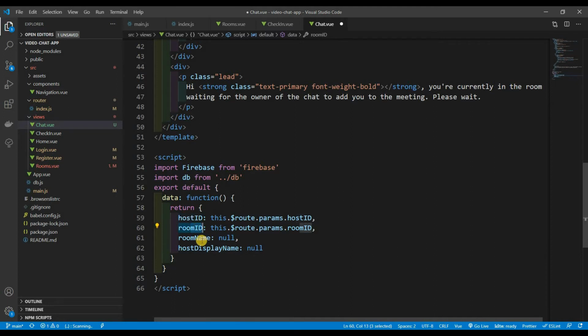The host ID, the room name, and the host display name. This is what we're trying to grab, the room name and host display name. So obviously, assuming that, where's this data at? Assuming that we already have users logged in, we are going to grab the props of users, or the user,